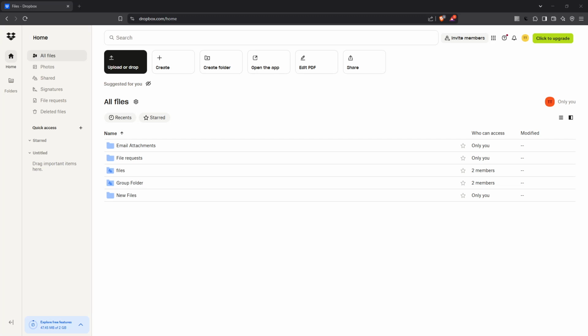In today's video, I'm going to teach you how to make Dropbox sync your documents folder. Now, syncing your documents folder with Dropbox is a great way to ensure that all your important files are readily available across all your devices, safely backed up in the cloud. Let's dive into the process step by step, and by the end of this tutorial, you'll have your documents folder